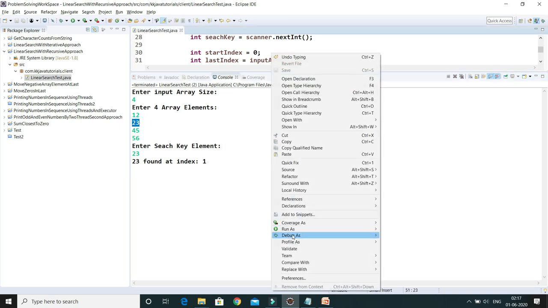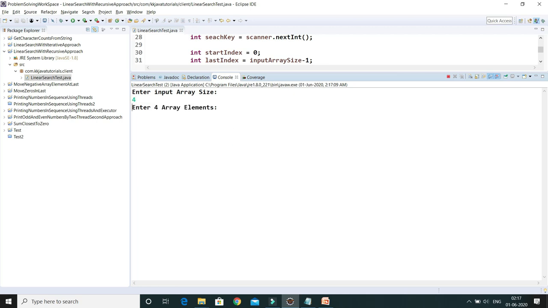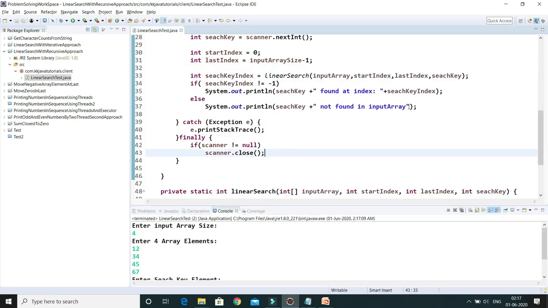Let's try with some other input array. Let's say I'm taking array size 4, and this time I'm going to try to search for one element which is not present at all in this input array. Let's say I'm trying to search 123. This is going to return that 123 is not found in the input array. And here I am not printing the index, so let's say I am printing the index over here, whatever the index is.